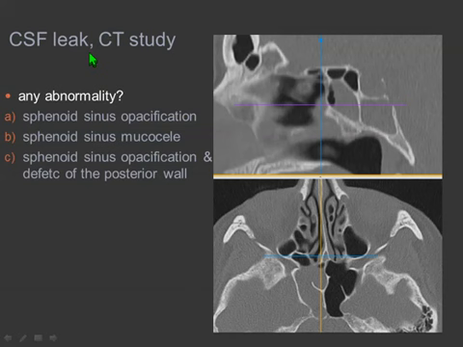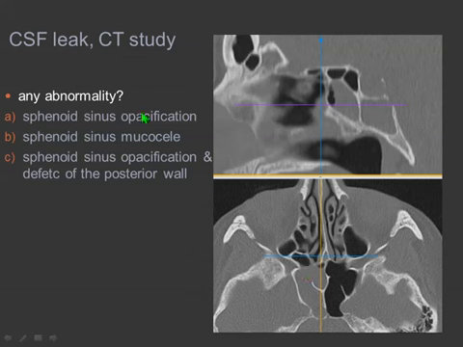CSF leak. Therefore, the patient had a study. The CSF leak was not associated with meningitis. Can you see any abnormality? Are we dealing with sphenoid sinus opacification full stop, sphenoid sinus mucocele, or sphenoid sinus opacification and defect of the posterior wall? You can think about it and look at the sagittal and also at the coronal plane. Well,